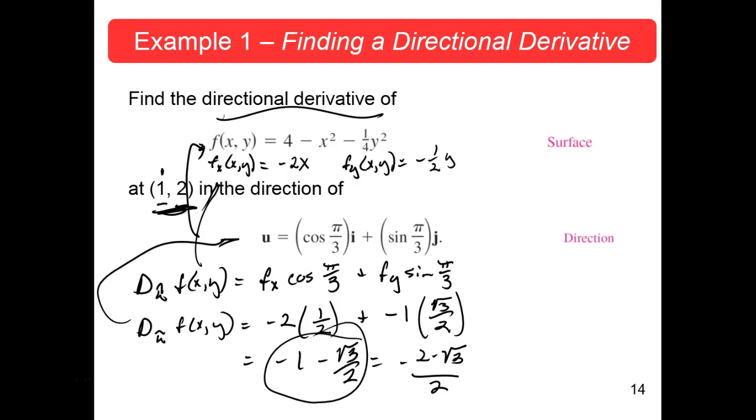Picture the floor as being the xy plane. There's x, there's y, and z would be going up. You're at an angle of pi thirds from the x-axis toward the y-axis, that's like 60 degrees here. You're going out 1 unit on x, 2 units on y, so you have a point here. The surface up here is sort of an ellipsoid looking thing, and you're going downhill there, so